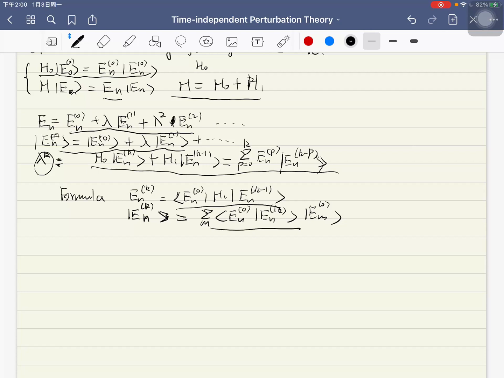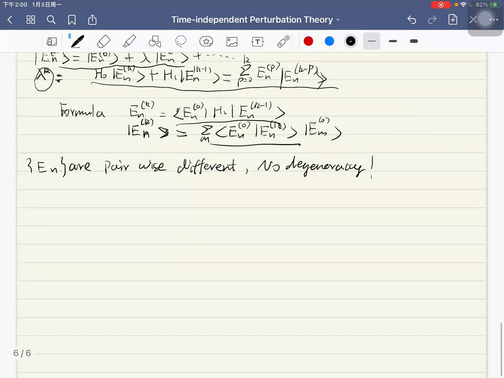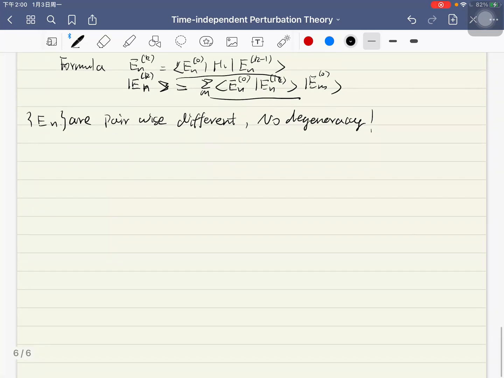And in the previous sections, we assumed the Ens are pairwise different, which means there is no degeneracy. But in the degenerate case, it will be a lot different. So let's begin. In the degenerate case,